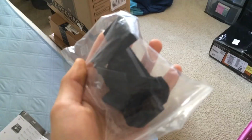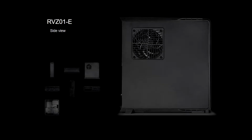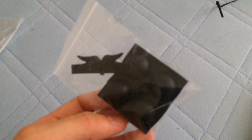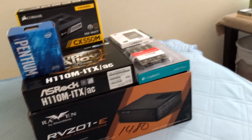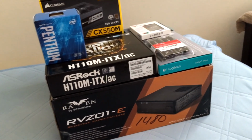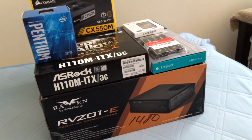4 rubber feet when orienting the case vertically, and 4 rubber domes when orienting the case horizontally with included adhesives for installation. It supports full-size power supplies as well as graphics cards up to